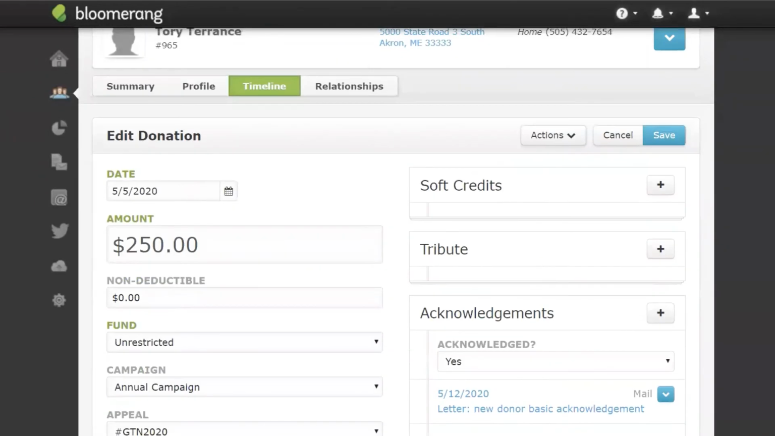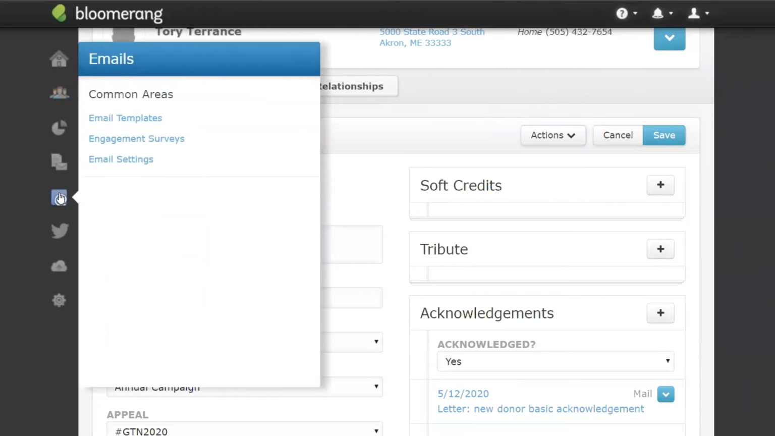Another thing I'll talk about, I can't spend a lot of time on it. It's kind of high-end stuff, and I'm not sure this is something you want to give some thought to. But about a year ago, we launched a survey tool. If you go to emails and look at engagement surveys,